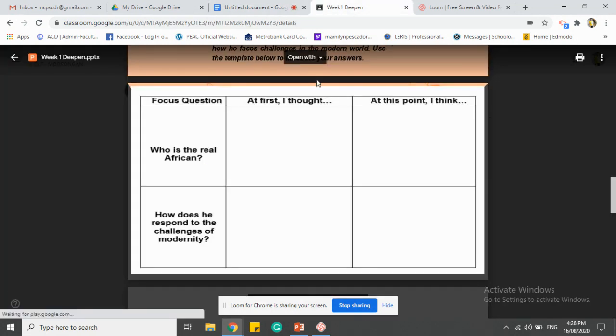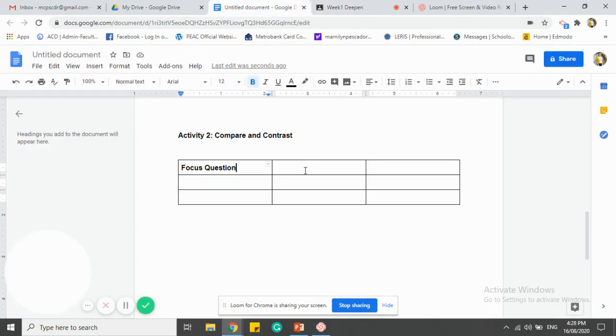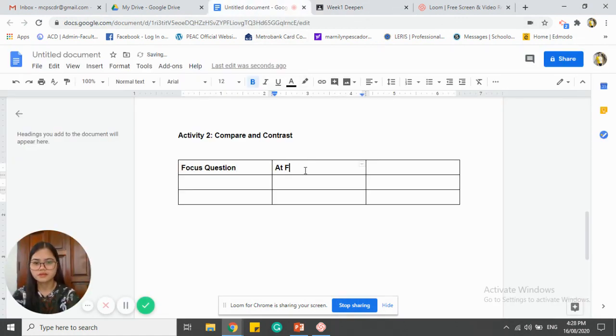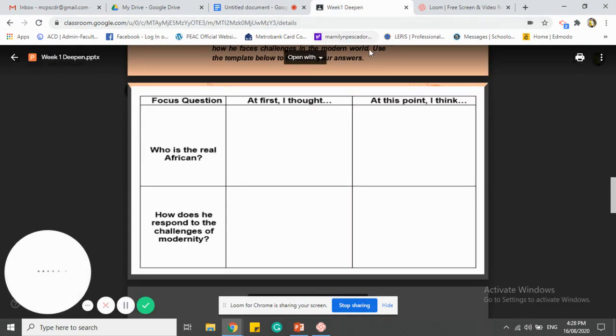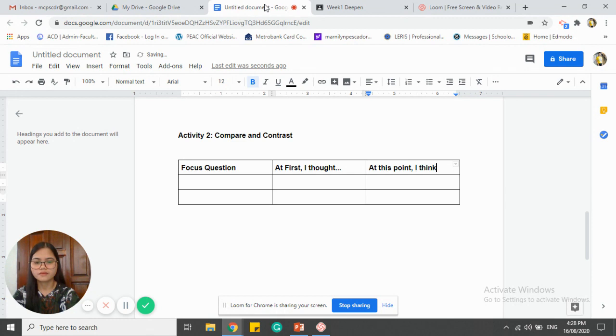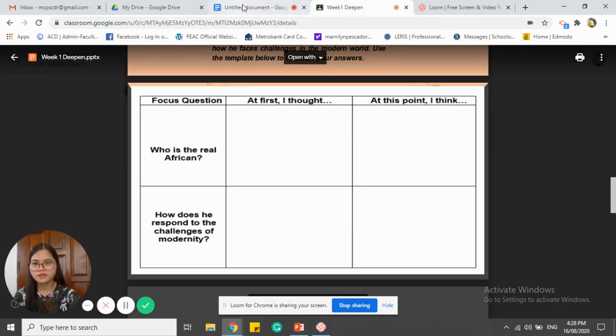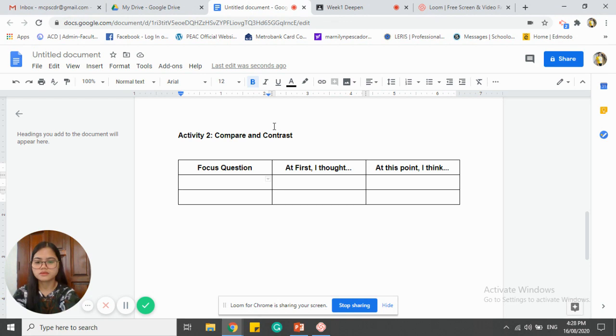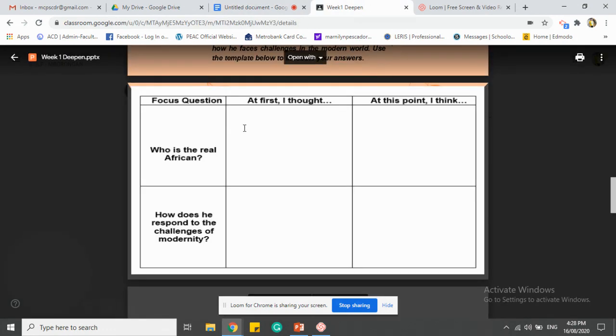Then next one is at first, I thought, at first, then at this point, I think. So again, alignment is in the middle. Then who is the real African? And the second one is how does